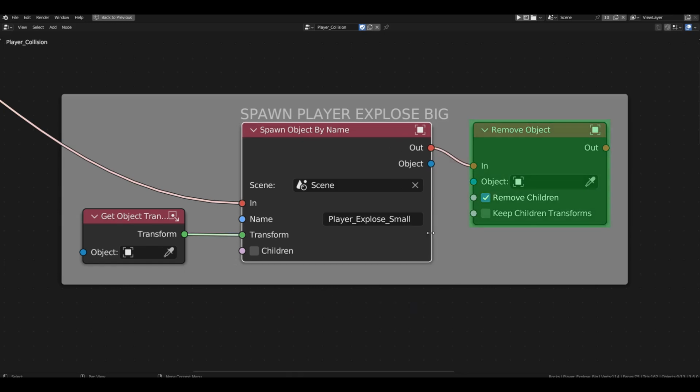However, the Remove Object block is currently deleting the ship with each collision. Let's fix that. Connect the spawn cable to the object input. Now, we will delete the spawned object. Since the explosion has no child objects, we don't need the children option.